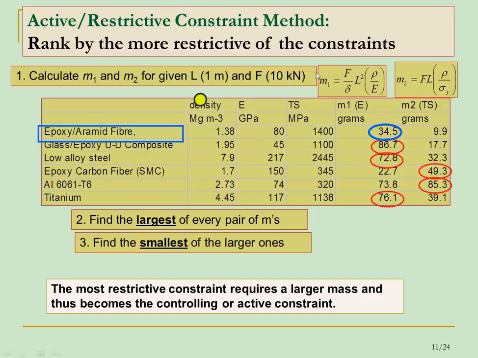but it also depends upon the values of f and L, as well as the value of delta. That is the deflection which we are saying is the permissible deflection. So f and delta, in addition to your material properties, are also coming into the picture, and we can very well foresee here that if you change the values of f, L and delta, even if I keep the values of rho and E or rho and sigma y constant for a material, the answers for M1 and M2 will vary. Specifically, delta upon L values will have an effect upon the absolute values of M1 and M2.